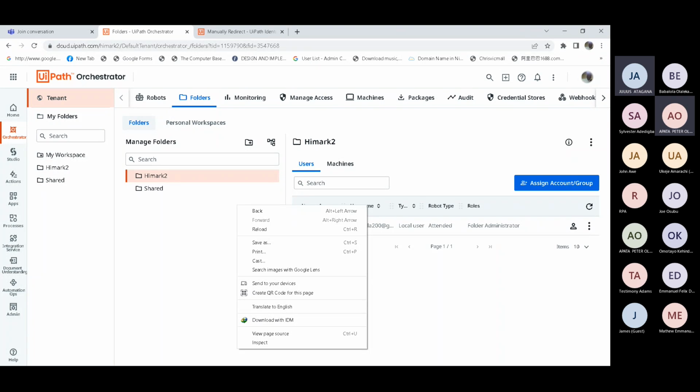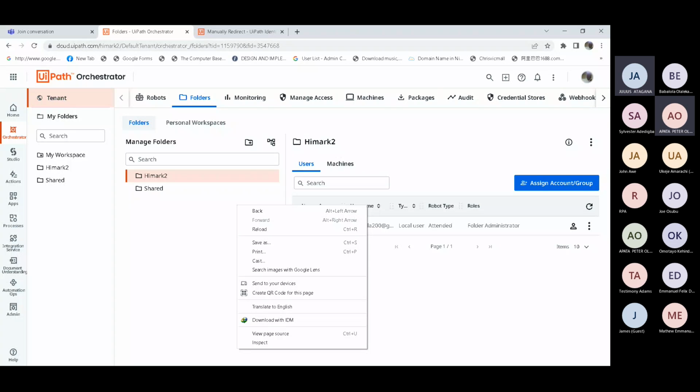So it's expected that if the attended robot is connected to the orchestrator, the orchestrator can only trigger the process on, then the user can continue from the other part. Usually from the UiPath Assistant, you can trigger any of the robots, whether attended or unattended.